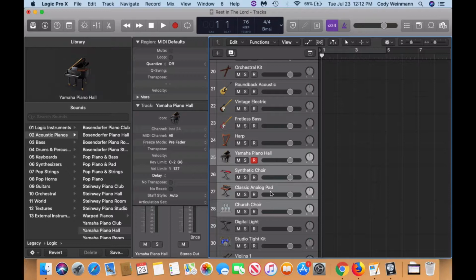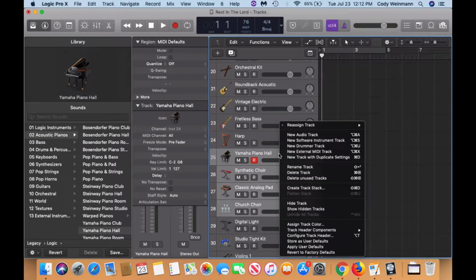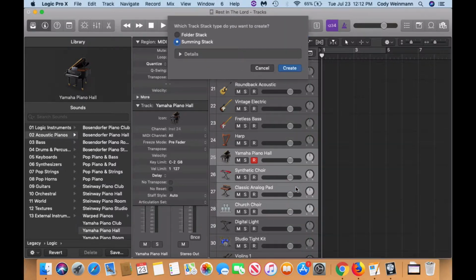See, they're all highlighted, all the ones that I wanted to select to make the track stack. Then on Mac, you're going to go Control, and you're going to say Create Track Stack, or I think it's Shift Command D, and it will